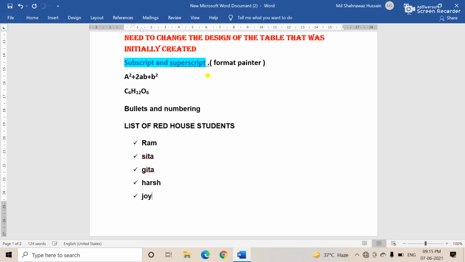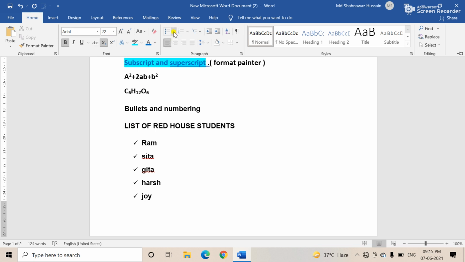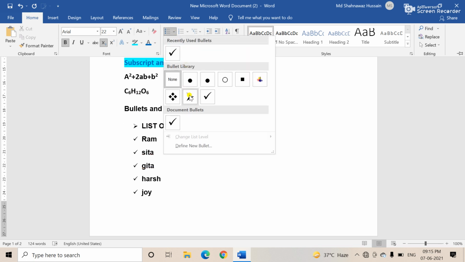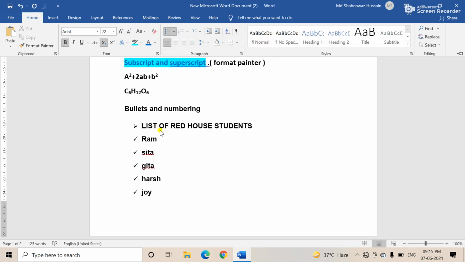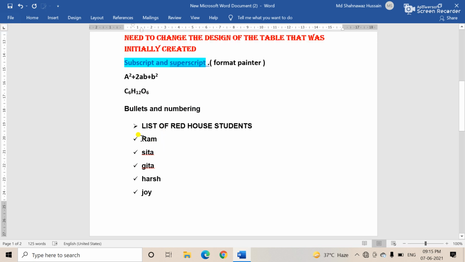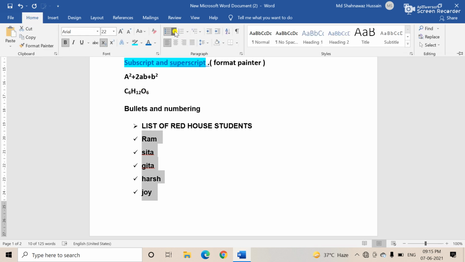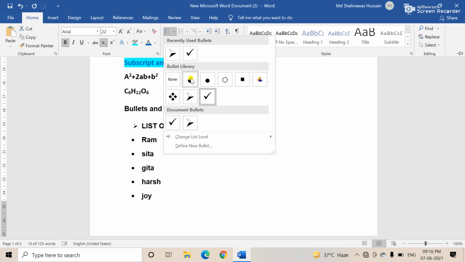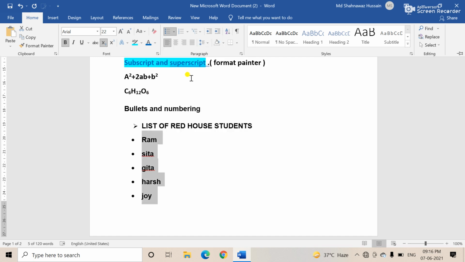Okay, you enter. And if you want to apply the bullets here, then you will apply, no problem. See, like this. And after completing, suppose you decided you want to change the bullet style, then you select and change like this. Okay, this is called the bullets.